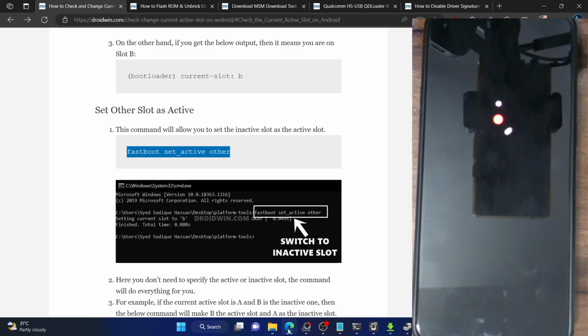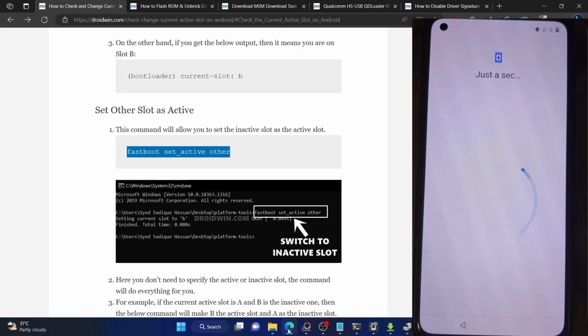Well, it might even take up to 5 to 6 minutes. So that's not a cause of concern. It happens every time whenever you flash a firmware. Whenever you flash the firmware via the MSM tool, you will always have to face this delay. But one thing is for sure, your phone will definitely boot up. So as you could see, my phone has booted up.